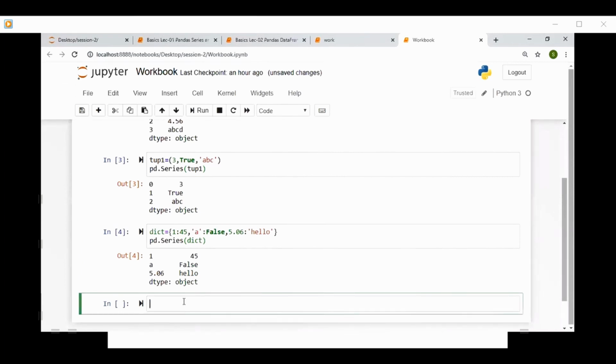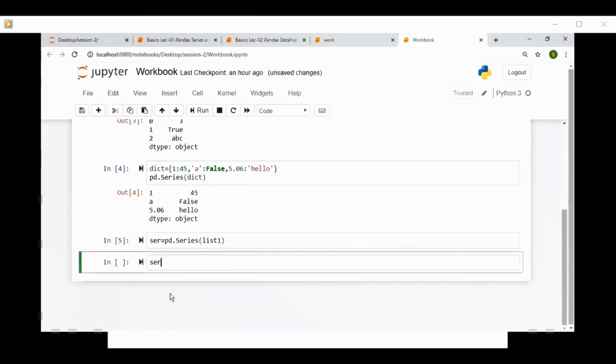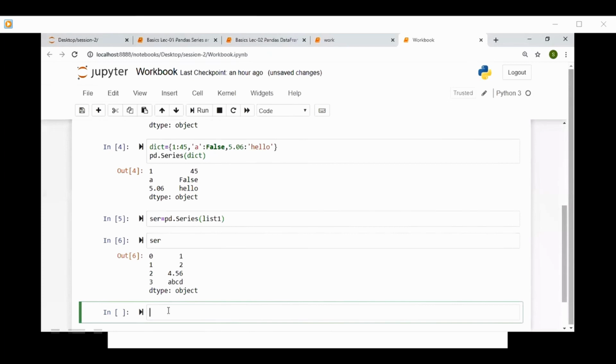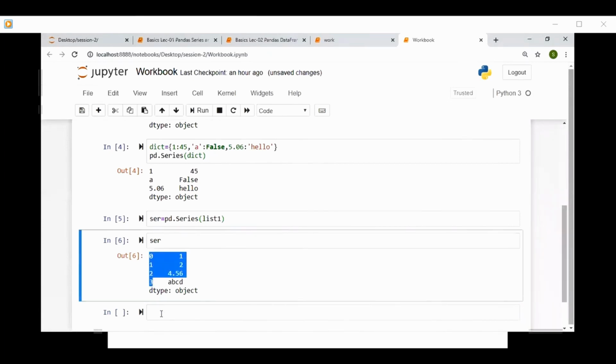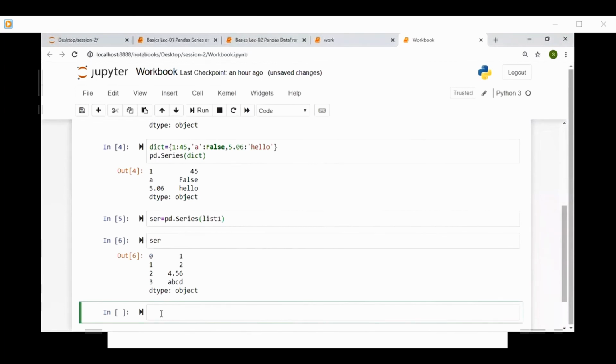So by default, I will save it in a variable first. Okay. By default, the indices are integers starting from 0. If you want to change the indices, you have an option to do that too.